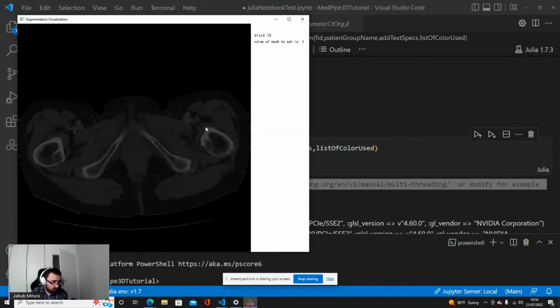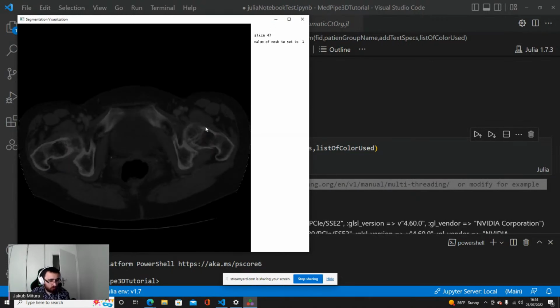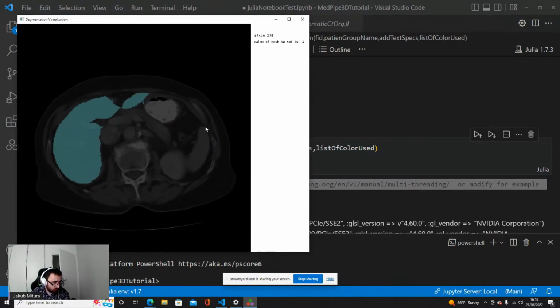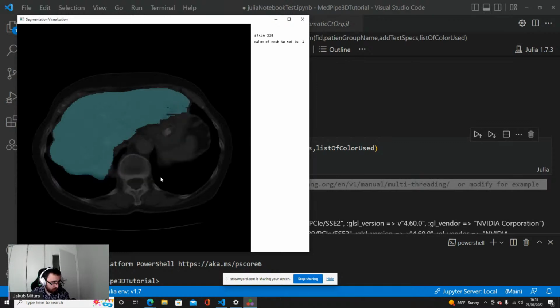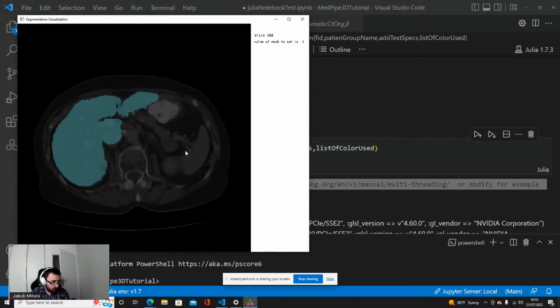Okay, so this is a viewer with the loaded CT scan, yes, and the labels. In case of the CT org, you would have the liver. In case of the spleen dataset, you would have the spleen. Okay, so now just to know, are there any problems? Did everybody get here? Yes.